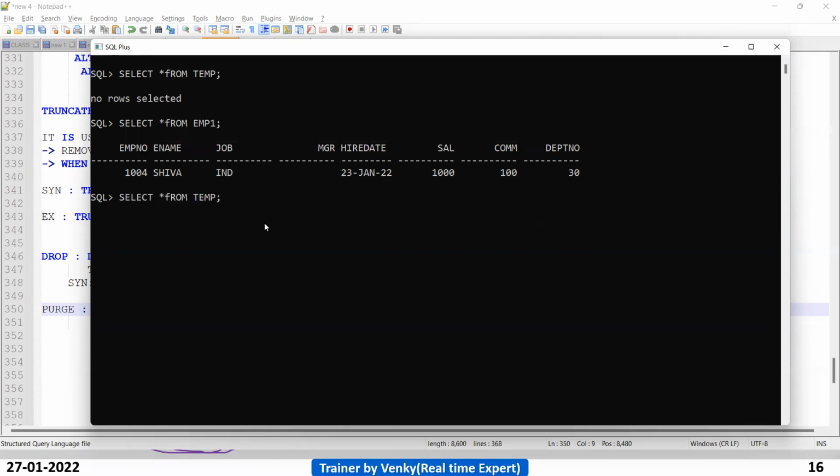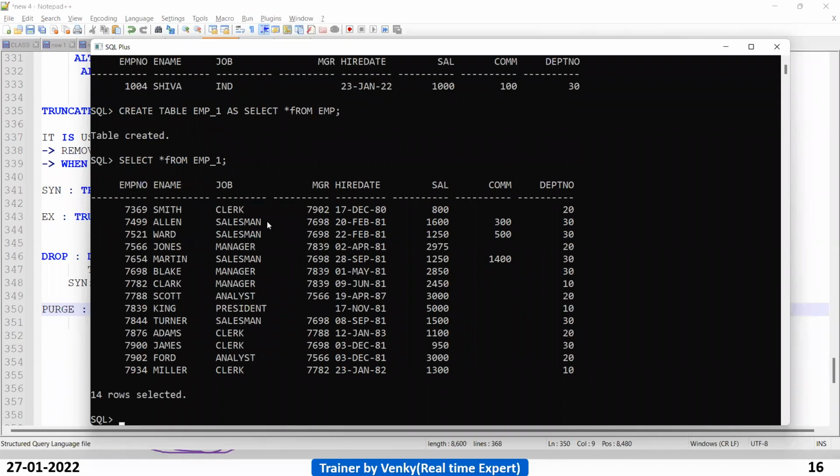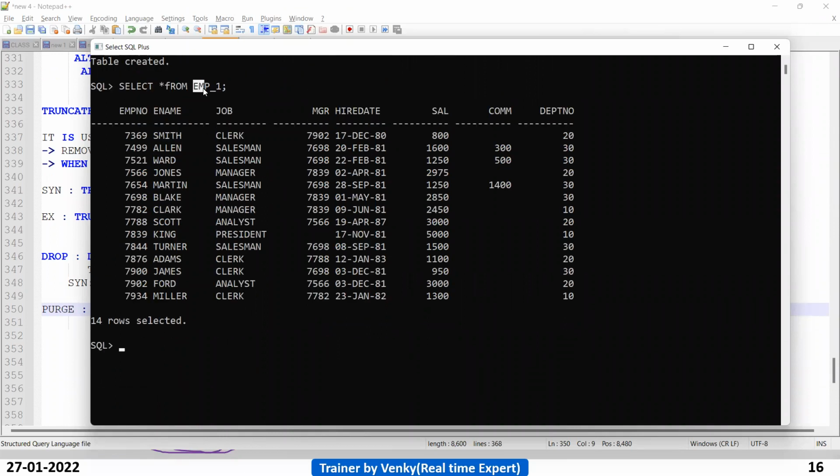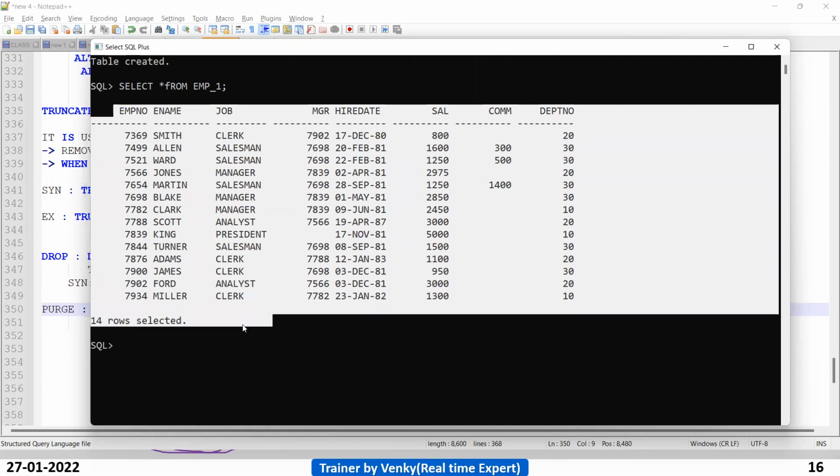Or else let us create one more table. I have created one table. The table is called EMP_1. It has 14 rows.